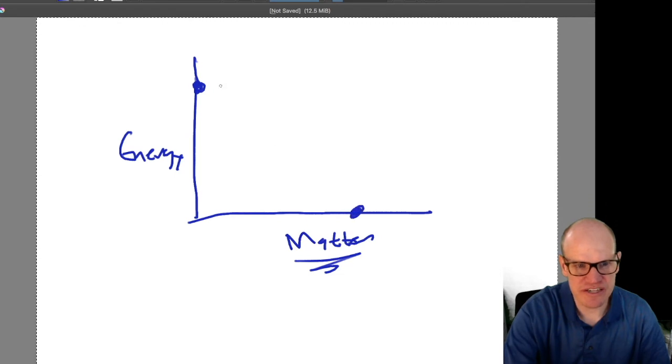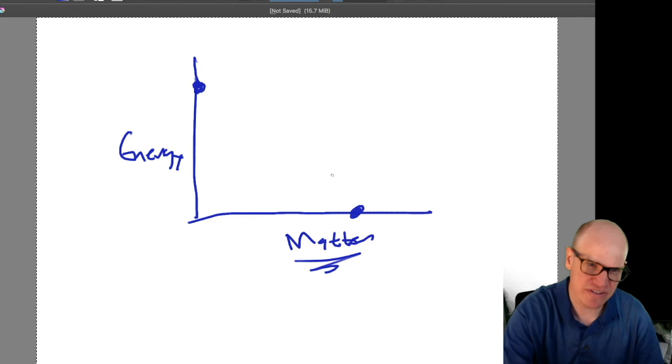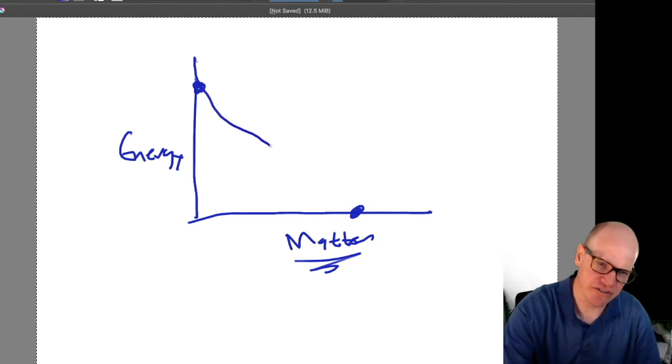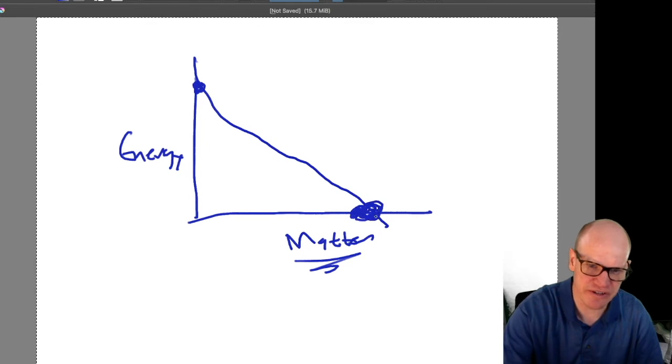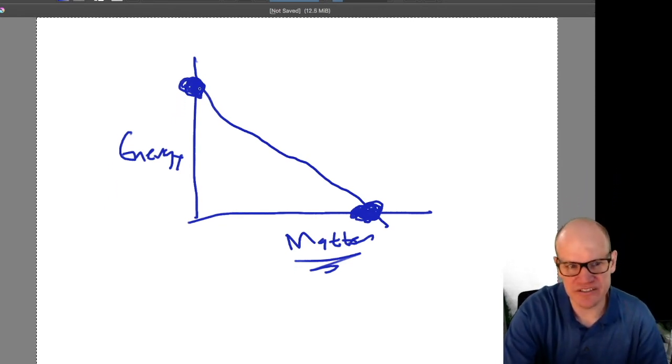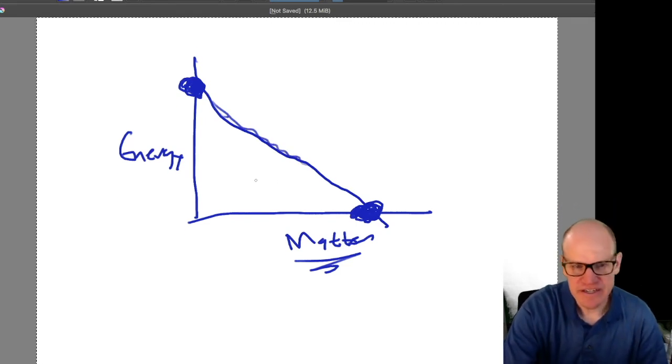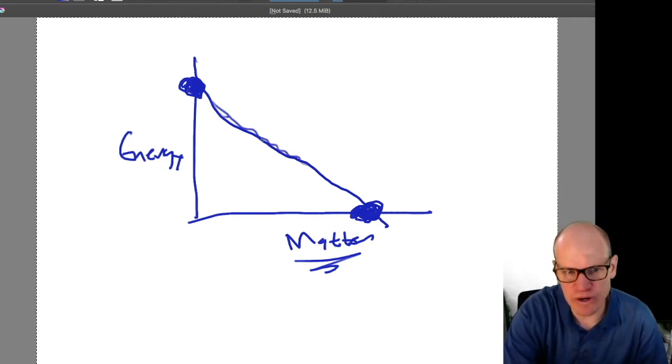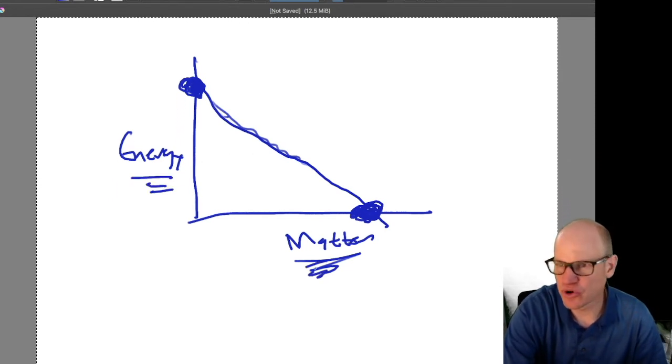then the universe has to live on this line. Okay, pretend that this is a straight line. Well, that's a really ugly straight line. Okay, so here's the total matter here and the total energy there. And the fact that the universe is flat indicates that it has to live somewhere on this line. If we can pinpoint where it is on this line, then that gives us the ratio of dark energy to total matter.